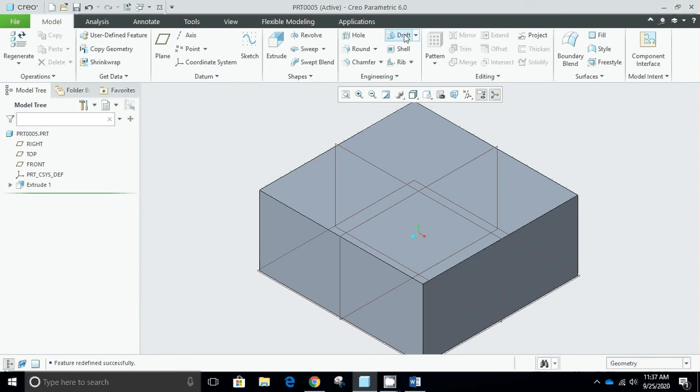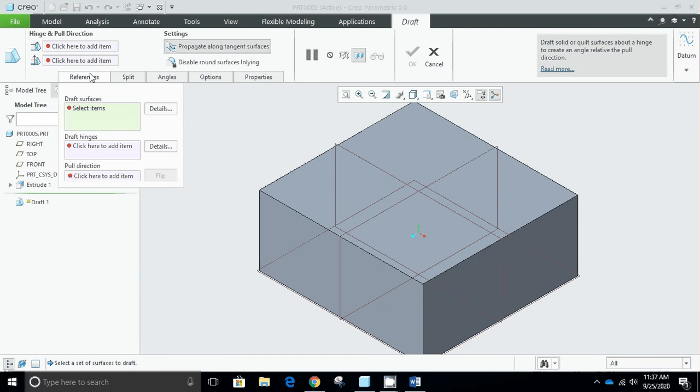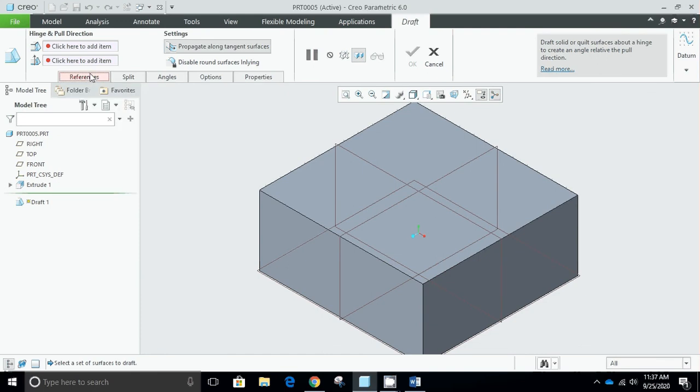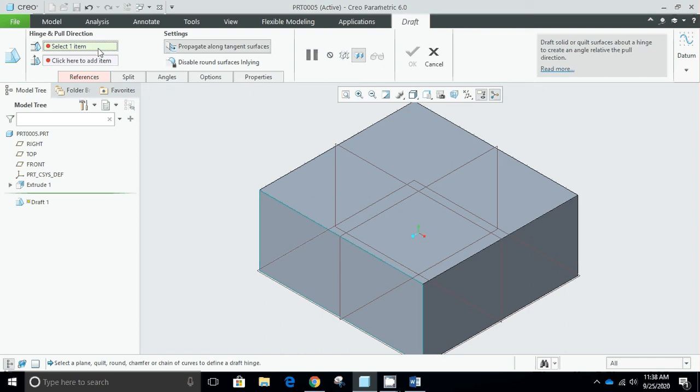If I invoke this draft button over here, in the references tab I would first have to select the surface or multiple surfaces for which I want to create a draft. For example, if I select this surface over here, then I will click over here to add the hinge. Select this, then select the hinge surface, or the surface about which the draft is going to be rotated.